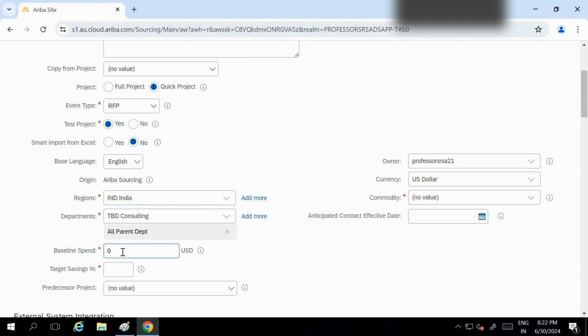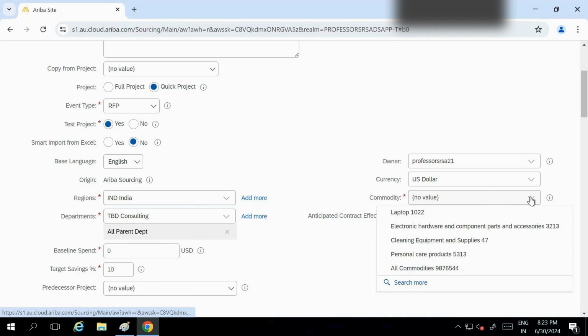So if you want to put, you can put target saving. If you want to save at least 5-10%, you can mention here 10%, at least this is the target. Then it should be a kind of target saving. These two, most organizations are not using, because anyway the budgeted value, as per site, they will decide. Also we can put commodity here.